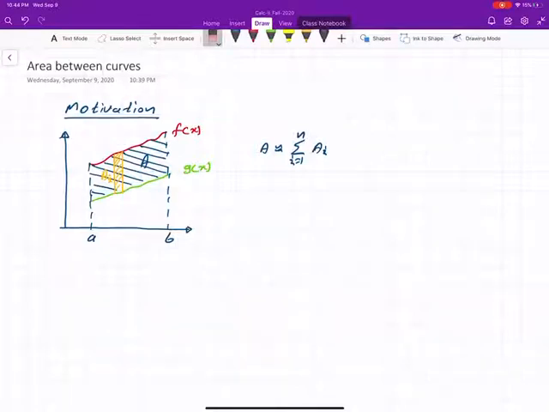Those stripes can be added together. That addition is given right here, AIs. You just add AI. Sigma means adding. That will give you an approximation for A, that is the total area. If you want to get the exact value, that means if you need A equals, not A approximated,